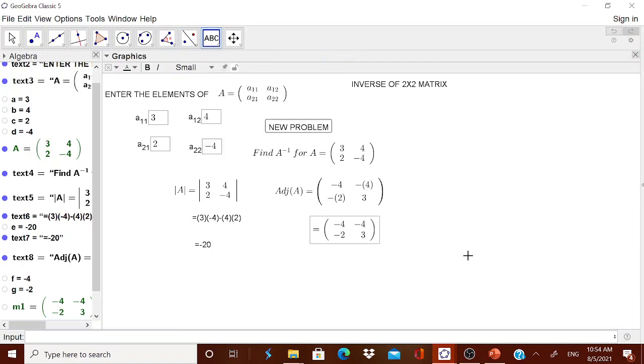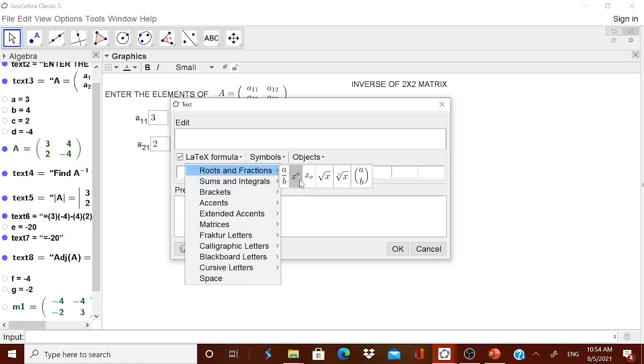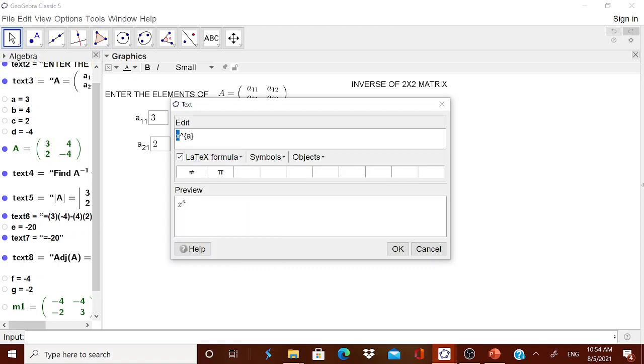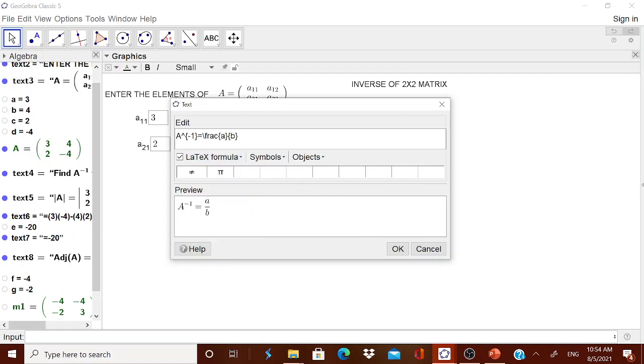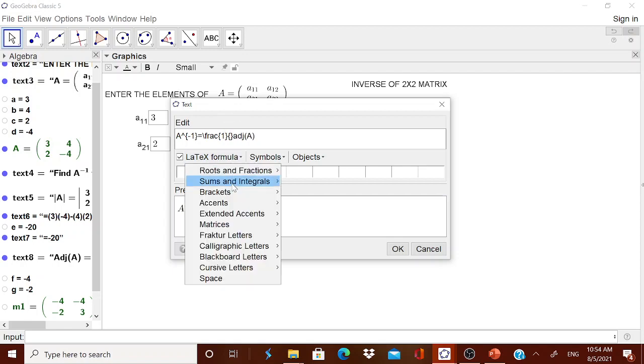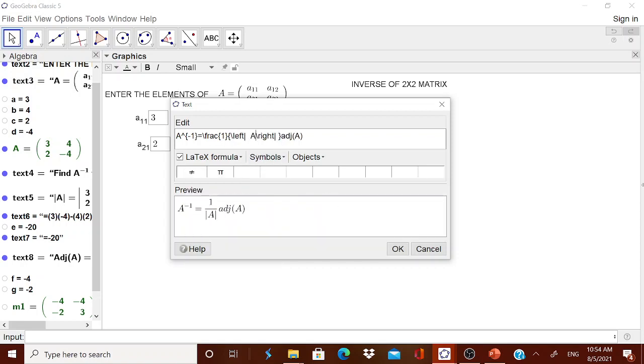Now very quickly you can go and ask the children what is A inverse. Go to the latex formula, then again go for this one. Therefore it will become capital A inverse. Already you have written the formula. If you want you can show them the formula also here. The latex formula is equal to, you can write the formula once again, no issue. Multiplied by adjoint A. Therefore 1 by determinant A. In place of this, once again go to the latex formula, go to the bracket, have some patience, no other way out. Here you should type capital A.